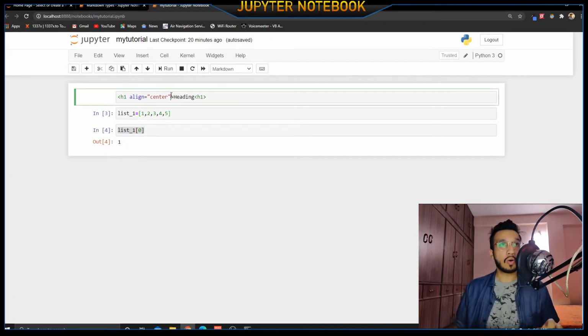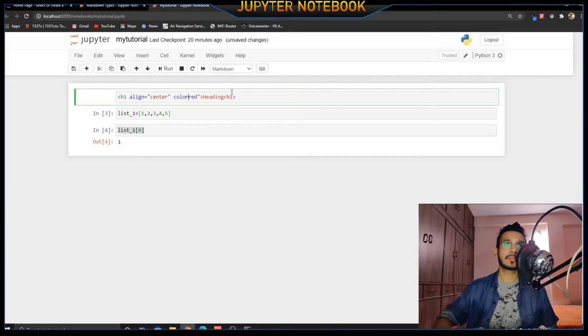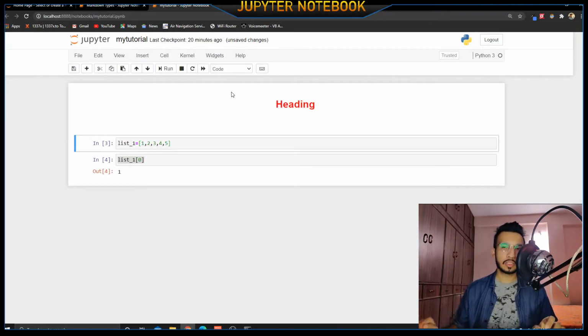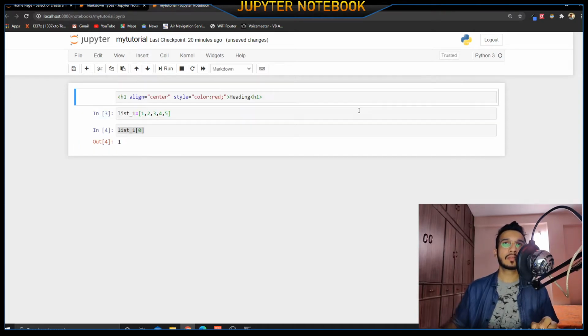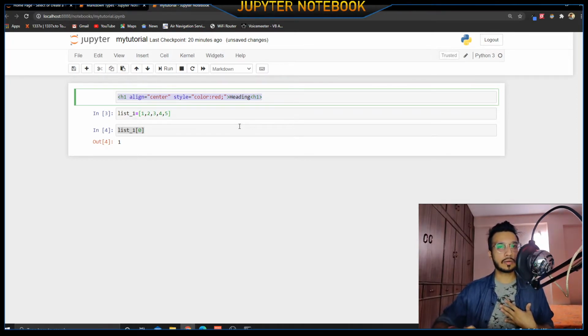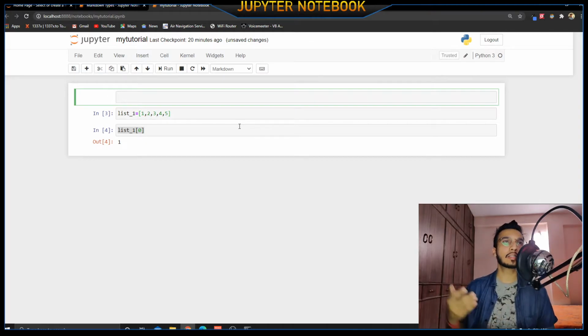The HTML tag also allows you to add color. For example, I can give a color to this. This should be a style tag. It would just take a moment for me to convert this to a style tag. And you can see that this is a heading. So you can do a lot with this. That is why for giving a heading, I would personally use a markup tag rather than a markdown tag, but it is up to individual preference.